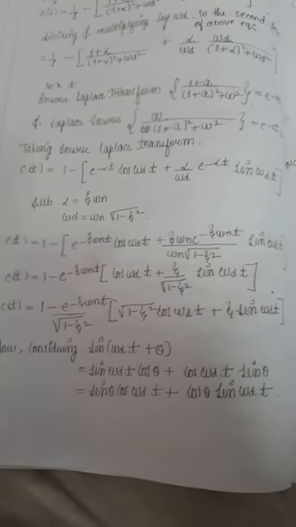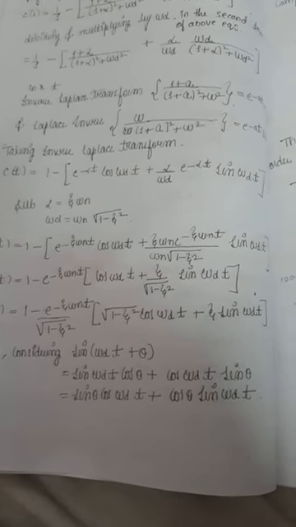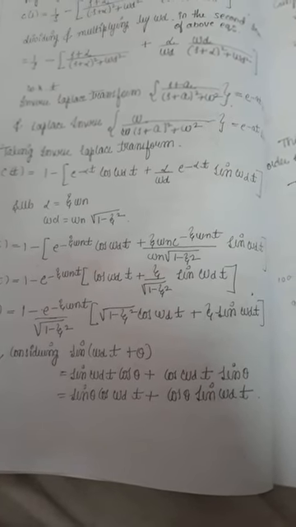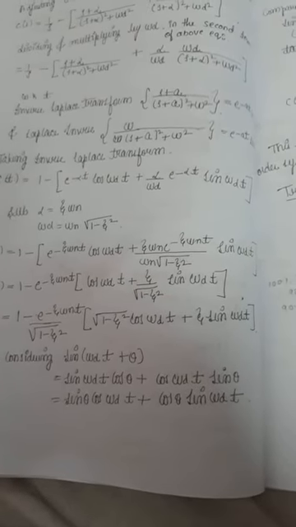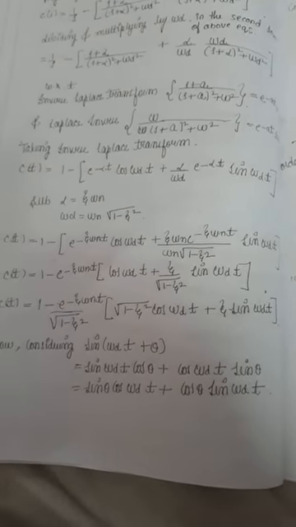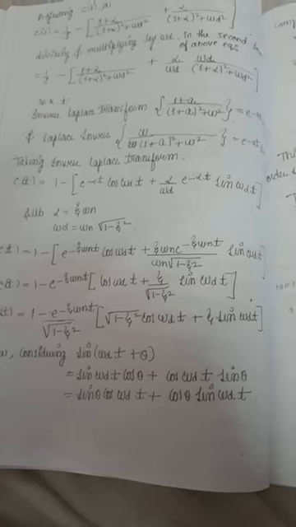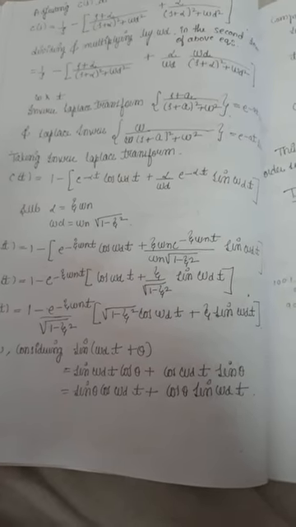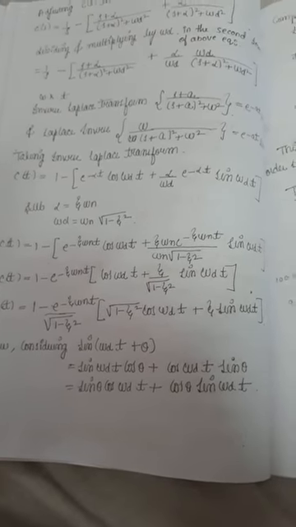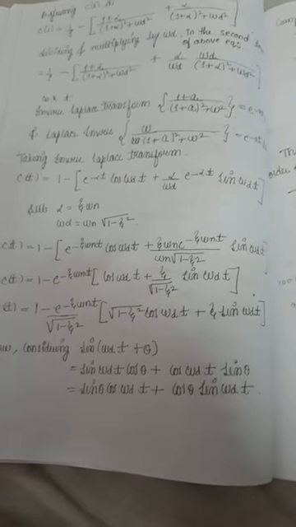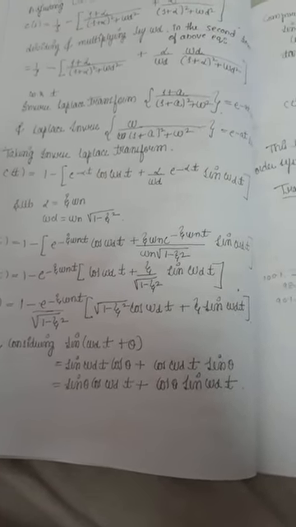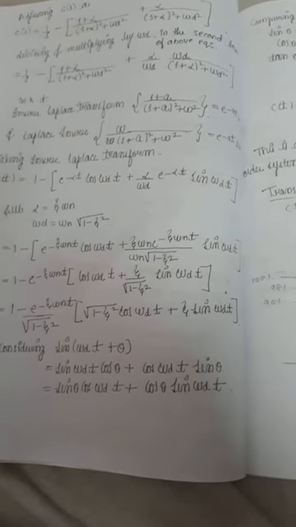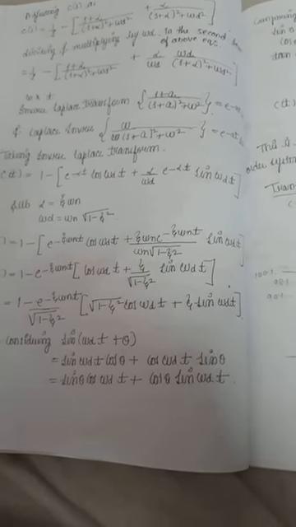So c(t) is equal to, again you can take e^(−ζωn t) common because it is common in both. If you take it common, the equation will be like this. Next, if you simplify again, you can take √(1 − ζ²) outside the bracket, that is c(t) is equal to 1 minus e^(−ζωn t) divided by √(1 − ζ²) in square brackets, √(1 − ζ²) cos ωd t plus ζ sin ωd t.